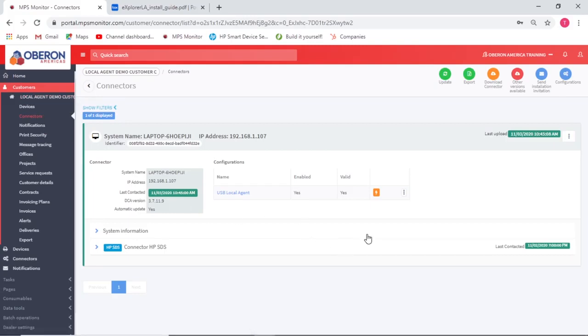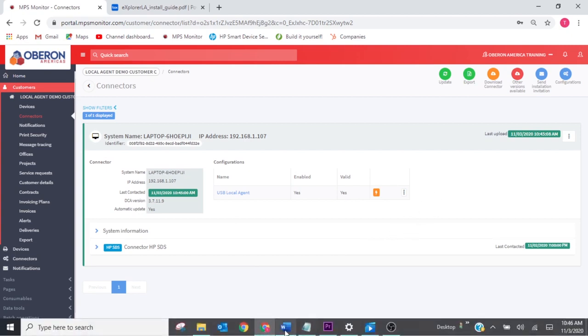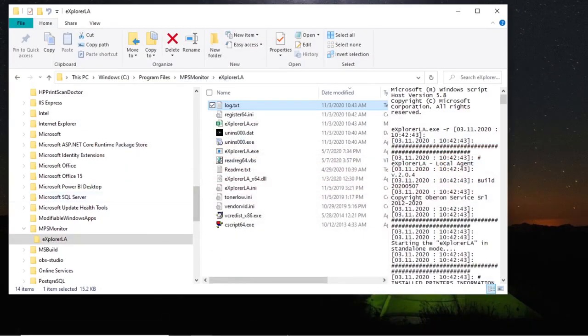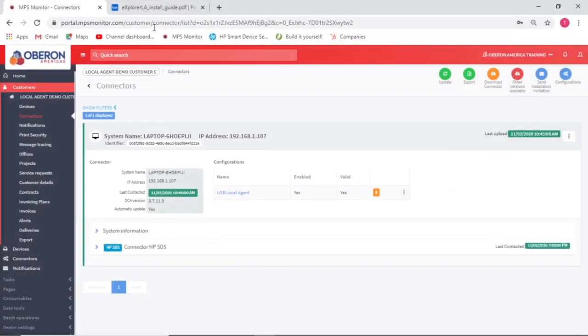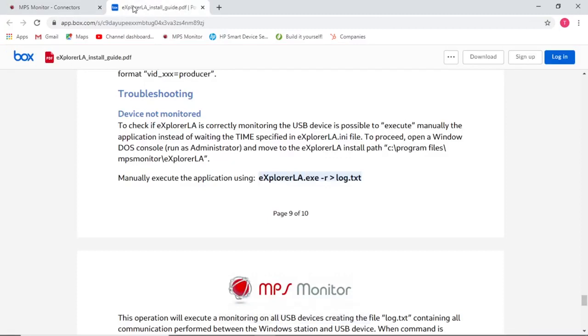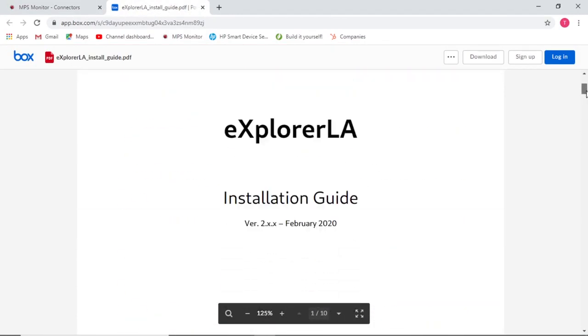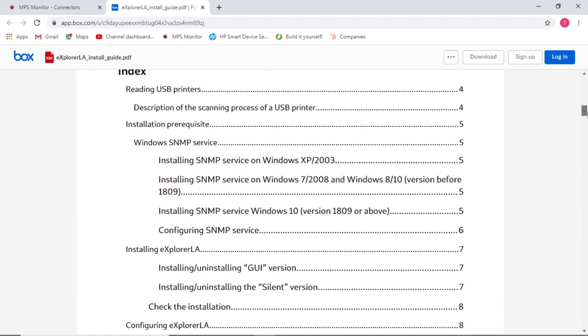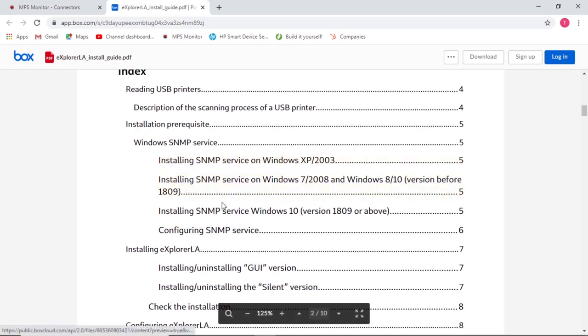Let's go ahead and talk a little bit about the documentation that's provided, and I can show you some instances of things in there. So if we go to the browser here, and we go to the local agent install guide, let's just start at the top and see what it does. In this guide, at the beginning, we have how to install the SNMP services,